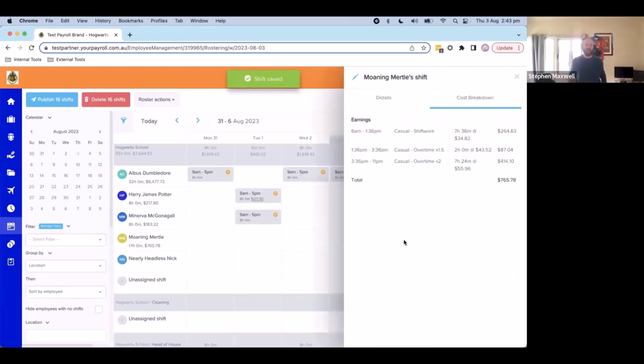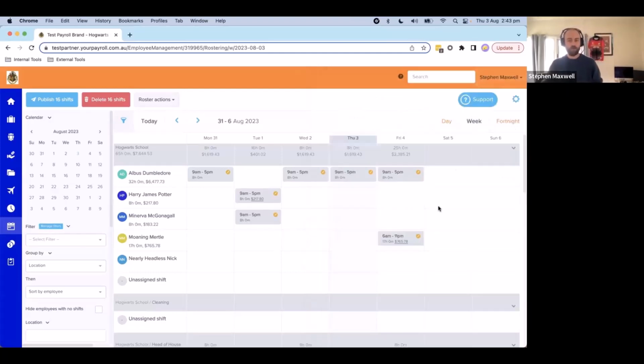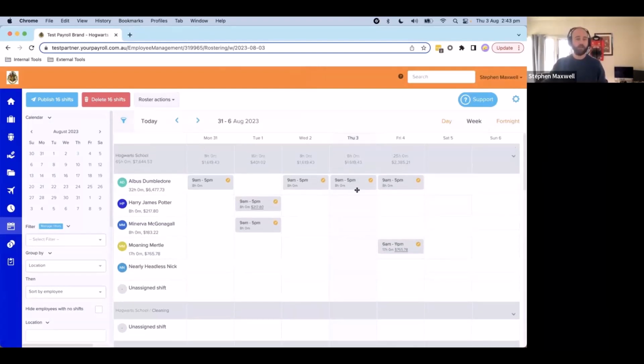So what we've done is we've assigned a shift 6 till 11, and the award interpreter's kicked in. It's looked at everything that Money Myrtle's eligible for in her shift, and it's given you an estimate on what she's likely to earn if she follows this to a T. Clocks in at 6, clocks out at 11. And it'll break down when casual overtime kicks in. So very cool from the award interpreter side of things, and gives you the ability then to